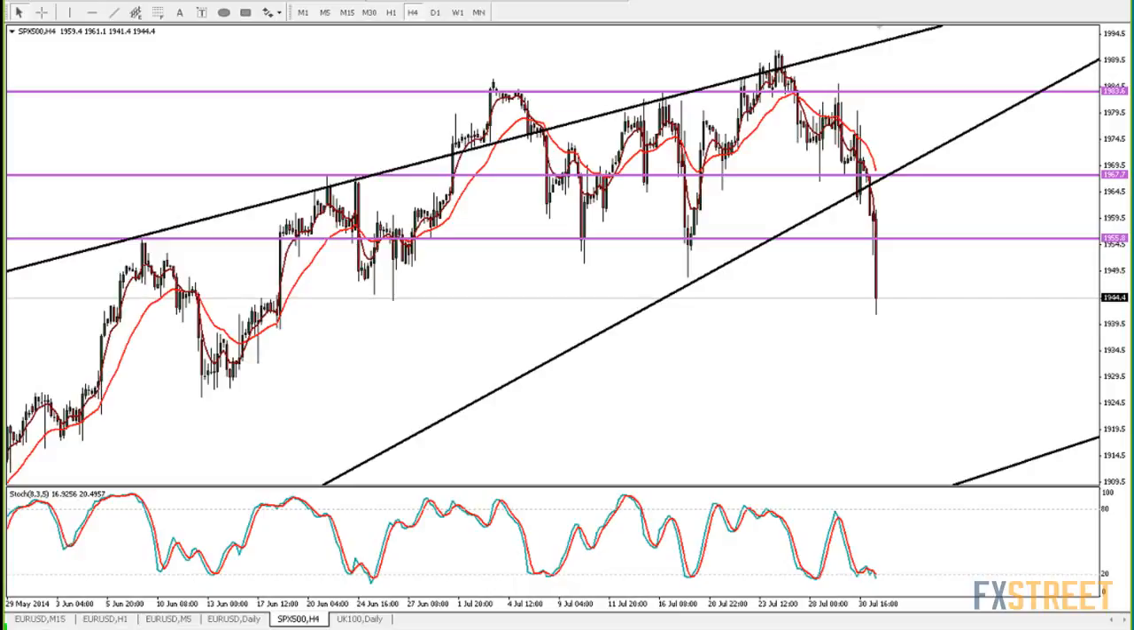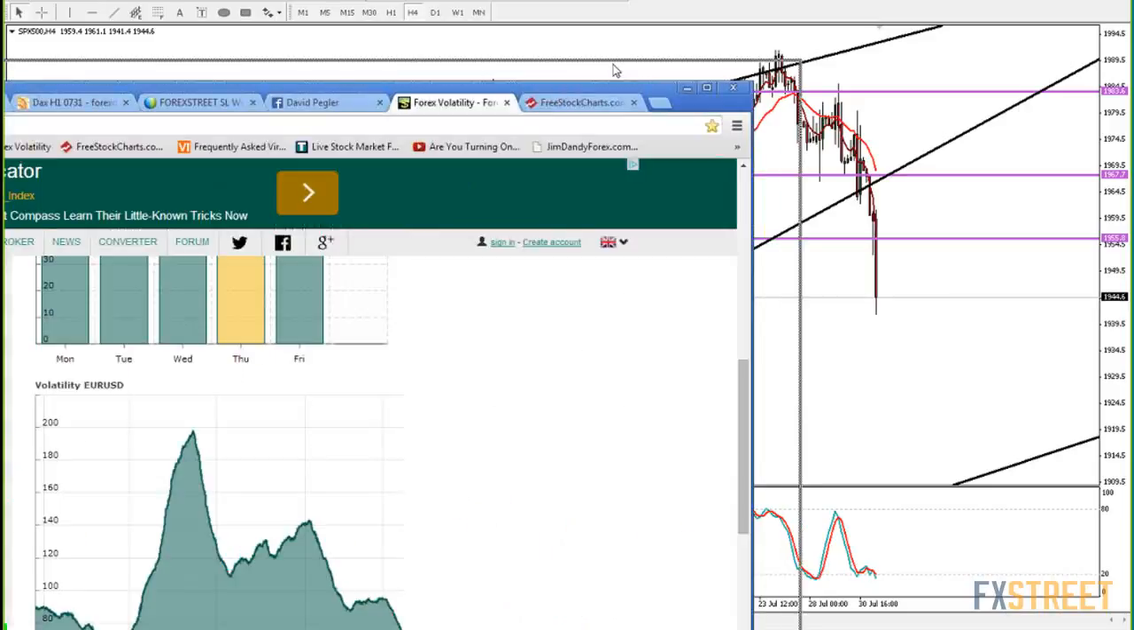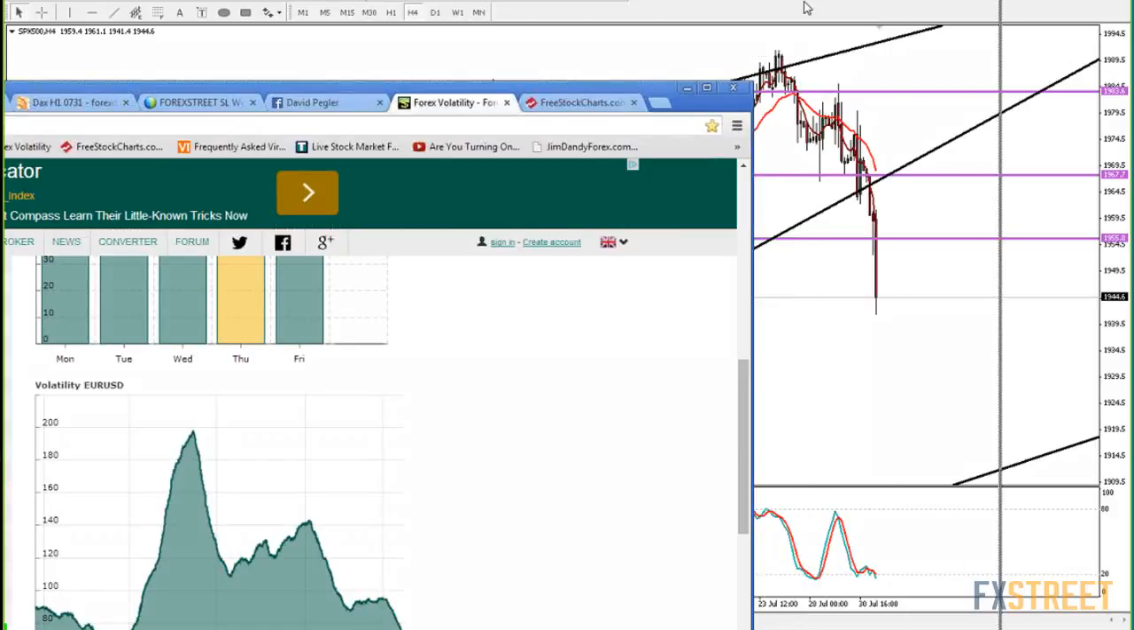First things first is a couple of rules when you're trading in a low volatility environment, right? So let me just show you what I mean by this. When I started currency trading many moons ago, many moons ago,